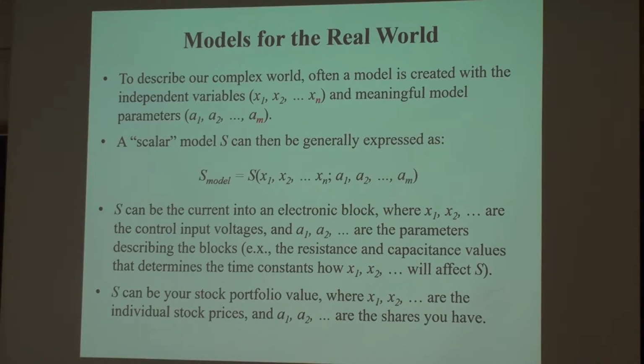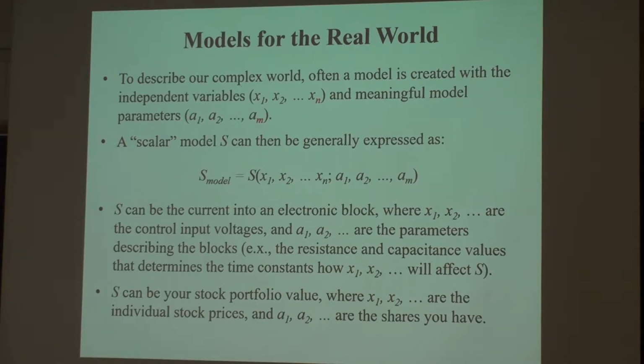I'll give an example for a circuit. An independent variable is something like the nodal voltage. You have all the nodal voltages that you can calculate a current from. All the different possible voltages on that network can give you a current. Your circuit network is described by the resistors, the transconductance, all the elements. Those elements are your parameters. How large is that R? How large is the transconductance of your transistor? Those are the parameters.